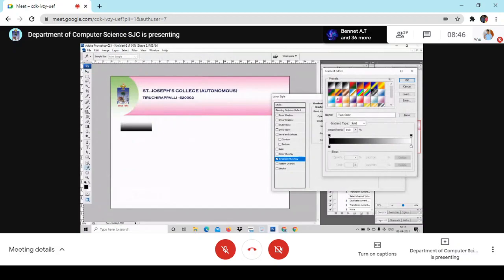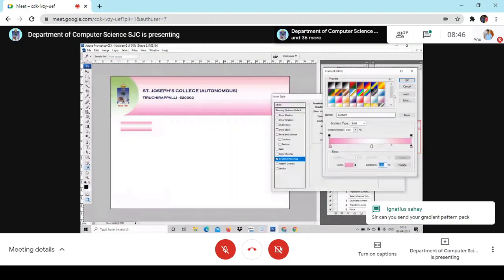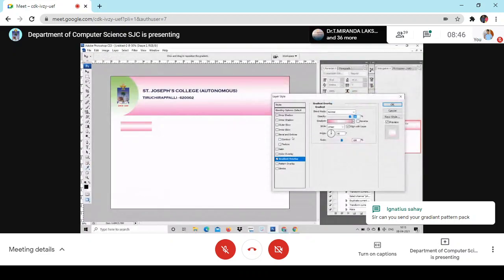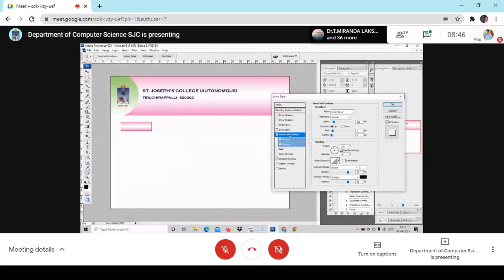Click over here and I choose this one. I press the same. Now I also press bevel and emboss. See, I can increase the depth and you can adjust the softness.